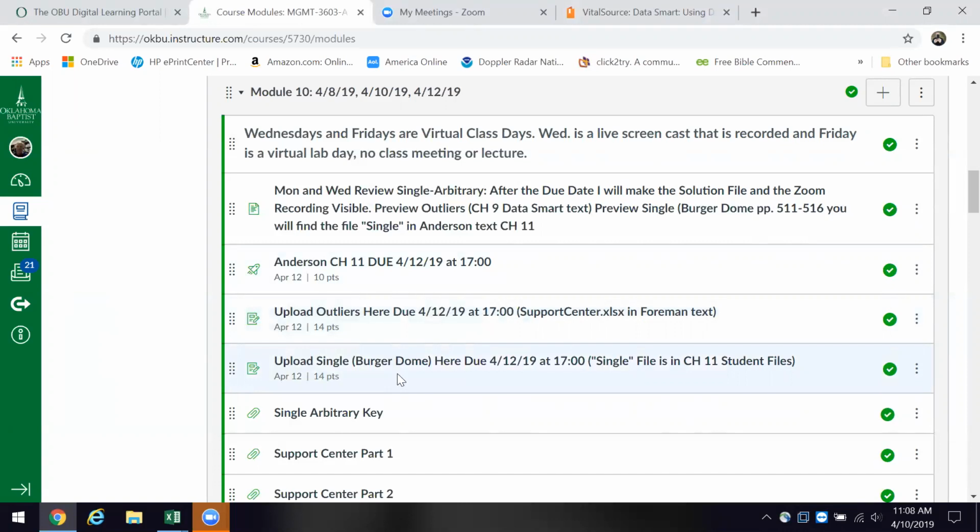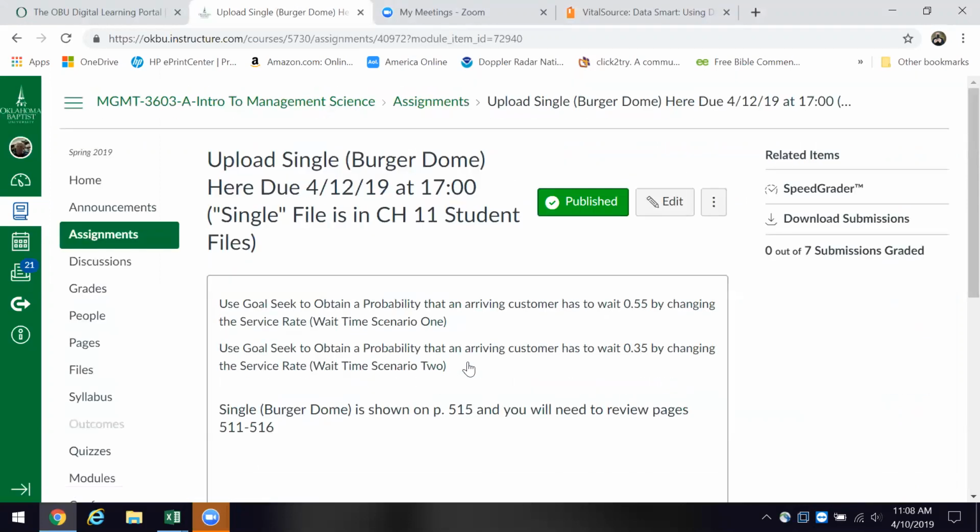What we look at is a single server exponential arrival model. And as I mentioned, I give you a task, a couple of scenarios. The case is shown on page 515, and everybody will need to review pages 511 through 516.